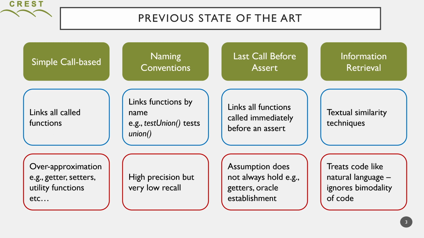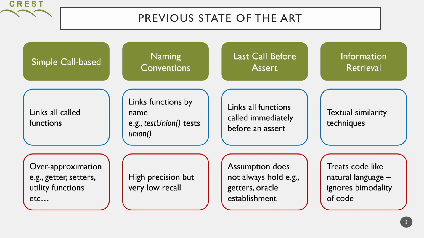In previous work, some techniques have been attempted, and these four are four of the main ones. All of them have their own individual benefits, however, they all have quite severe weaknesses. For the call-based techniques, we see that over-approximation is a problem, wherein getters and setters are incorrectly linked, as well as utility functions. For naming conventions, in projects that do follow the naming conventions, we can see high precision, however, we can get low recall,